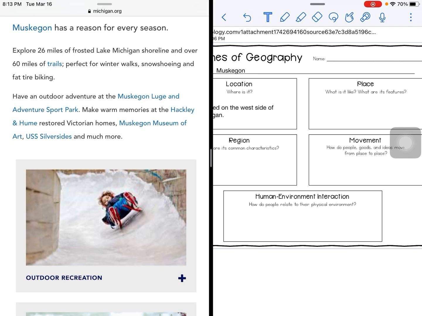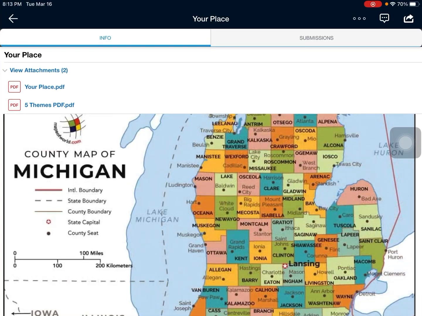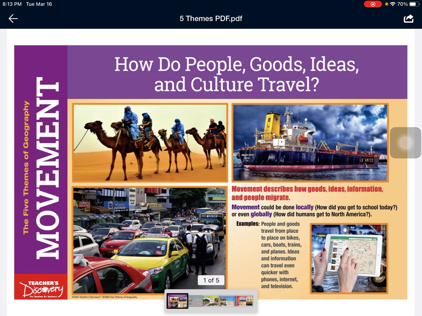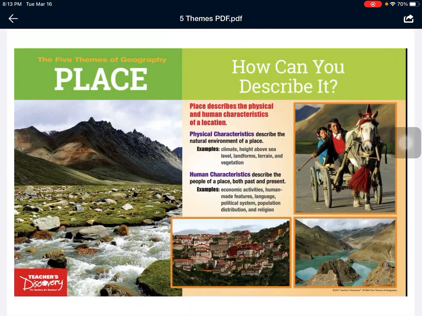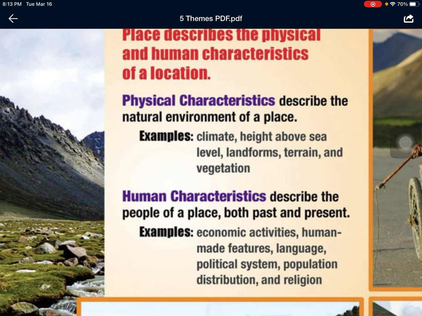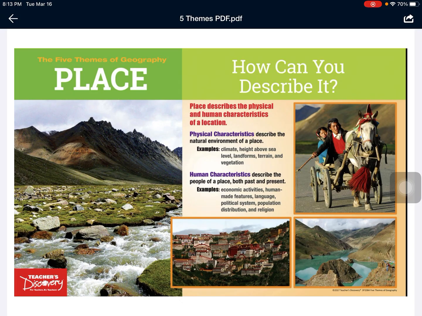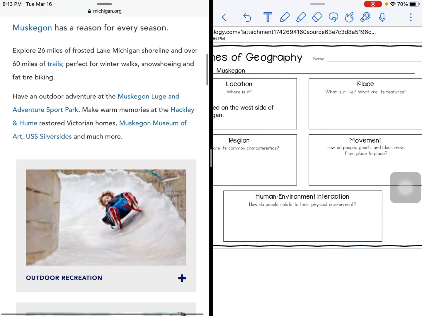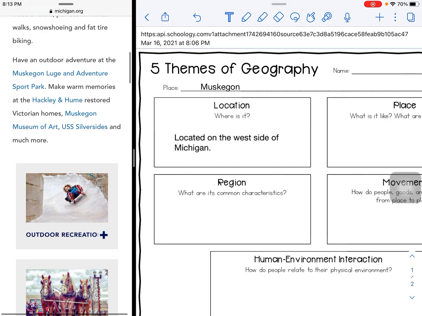What are the features? And remember, if you think back to place, we want to look at physical characteristics, but also human characteristics. So make sure for physical characteristics, you're saying things like, what does the land look like? What kind of climate are we looking at? Things like that. And then human characteristics, what type of human items have been placed in the area? So for Muskegon, I could say something like,